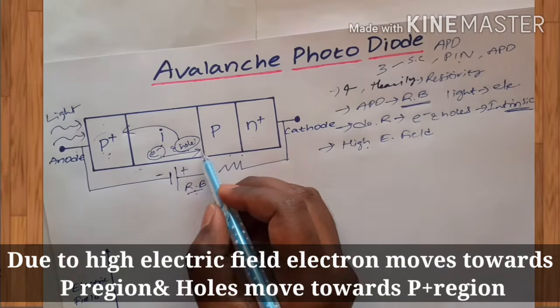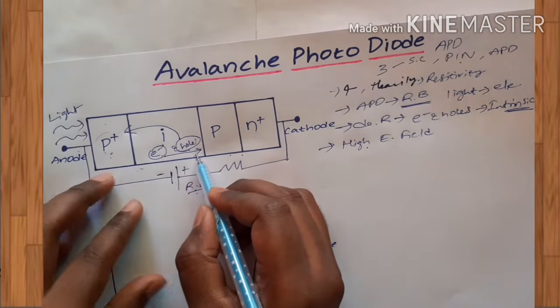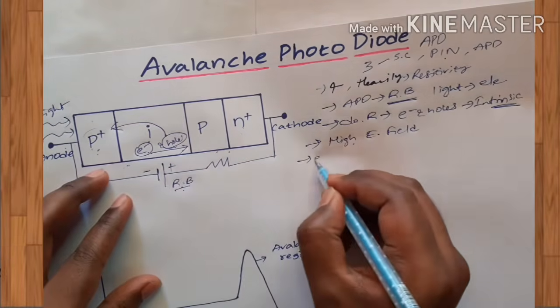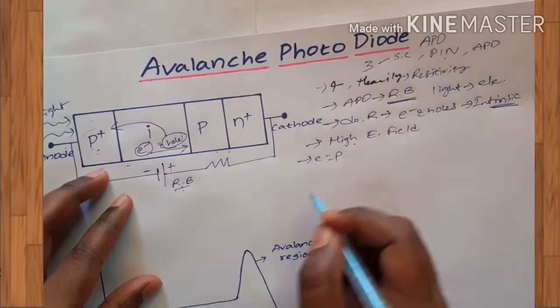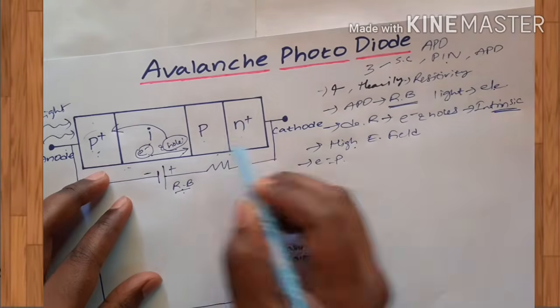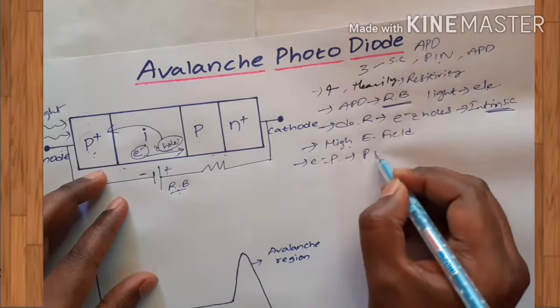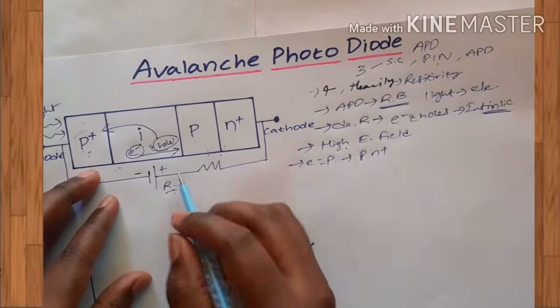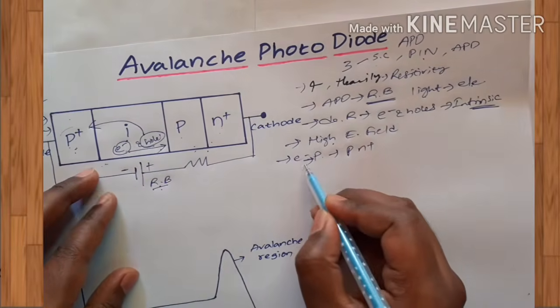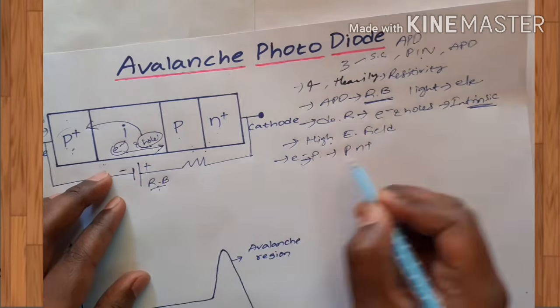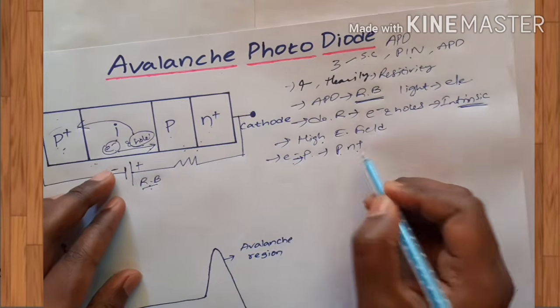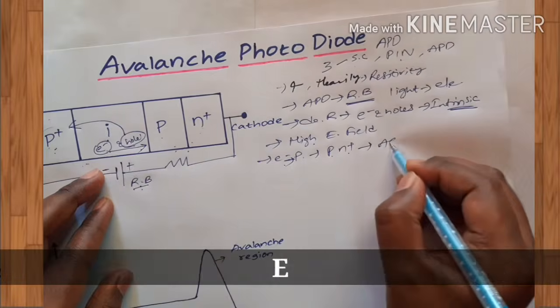The electrons drifted to the P region again experience a very high electric field between the P and N plus regions, and are accelerated,